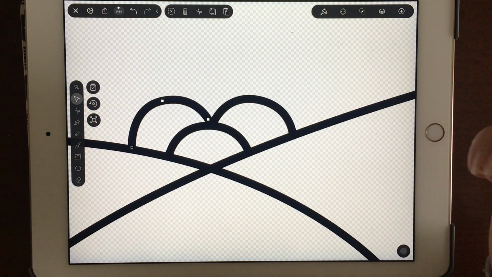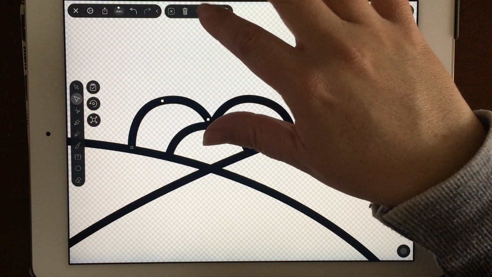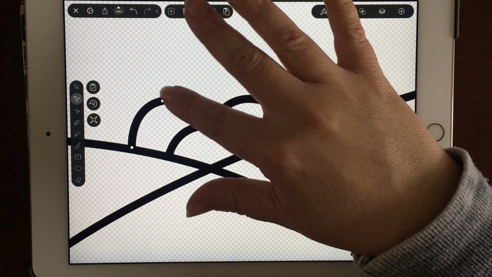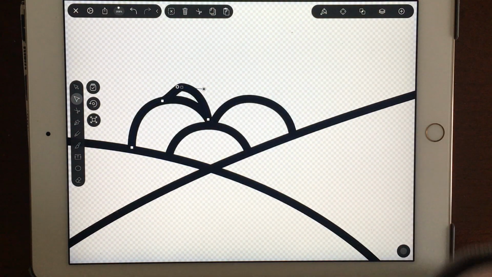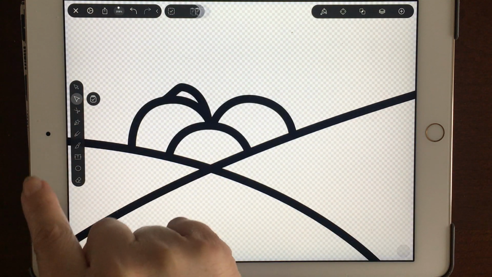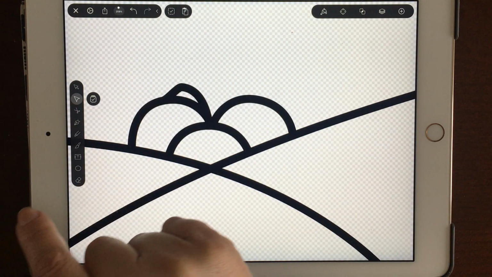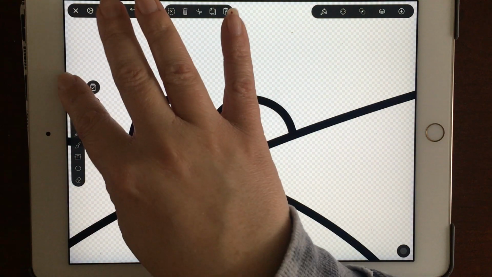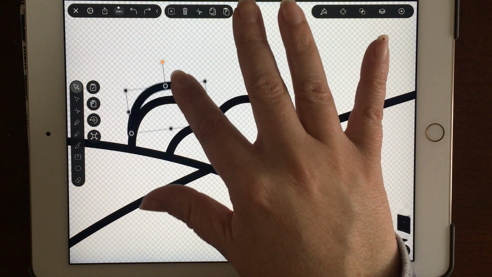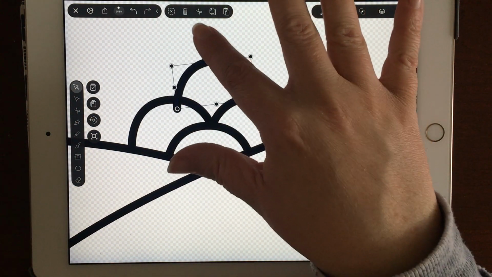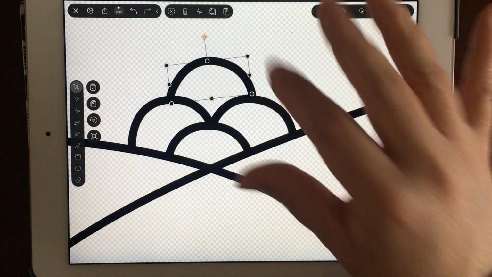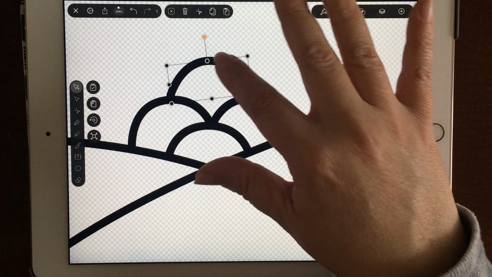All right, and I can continue doing this. I can go back, copy, paste. Whew. That only did that because I was on the wrong tool. I was on the direct selection tool. So I'm going to undo, make sure I'm on the selection tool, and now I can click and drag it, right? Now I got to rotate it, and now it fits into place. Copy, paste,